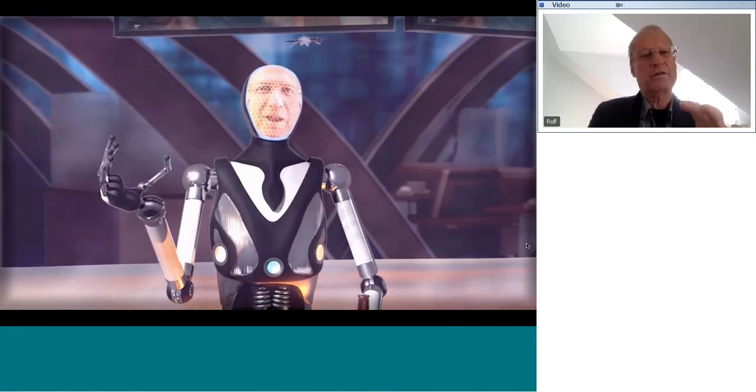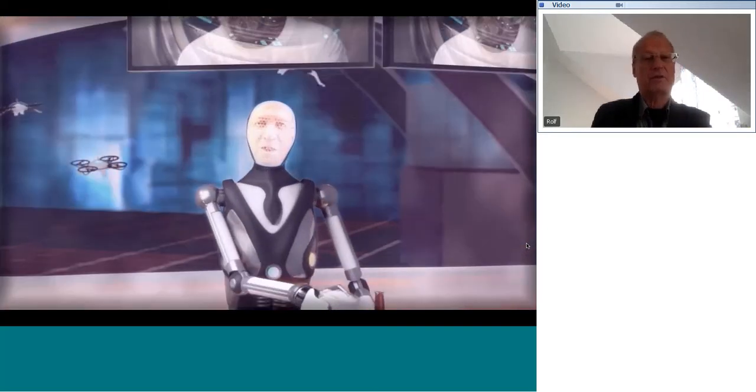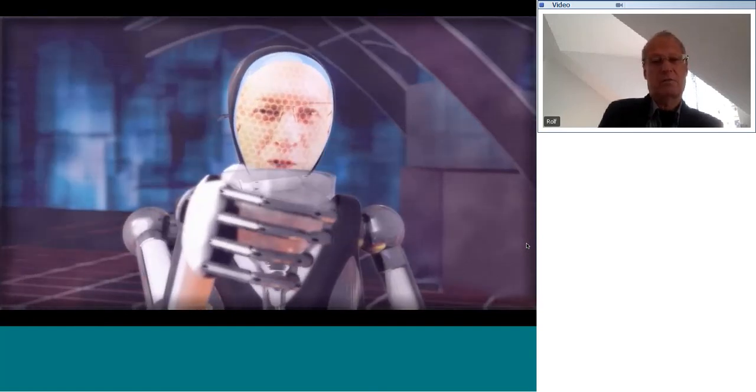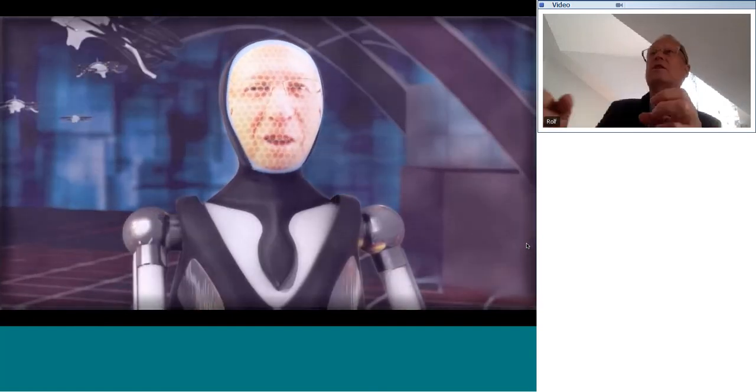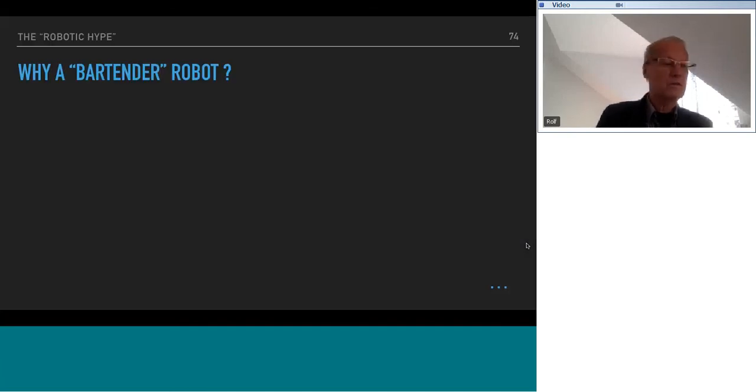Okay, I think you get the idea, and of course we will need a number of different kinds of robots, and the first one that we're focusing on is this bartender robot. Why a bartender? Because it needs a lot of manipulation skills, and of course we need it in the RoboLounge. These skills, pouring things, manipulating dishes, interacting with the customers, are easily, directly transferable to many other domains.